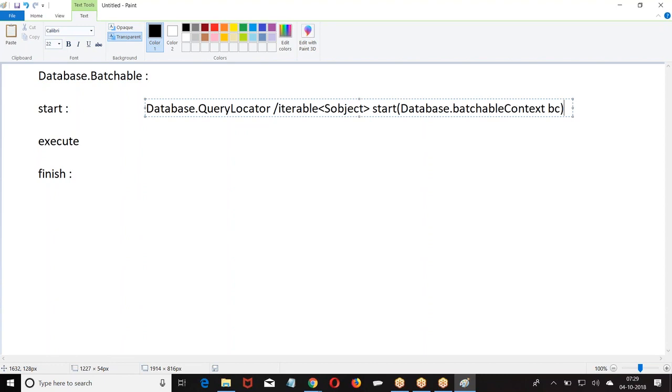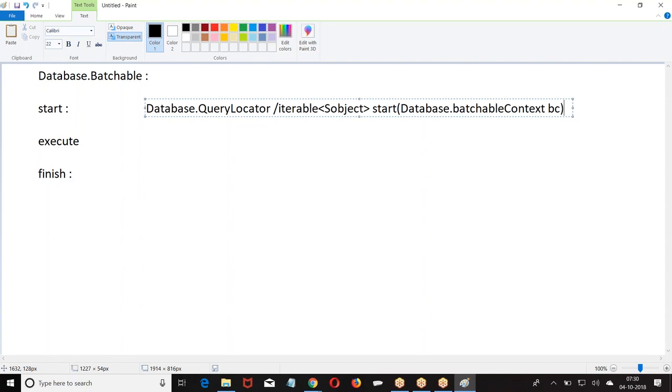If you want to write a simple SQL query and get the data from the database, we will go for database.query locator.